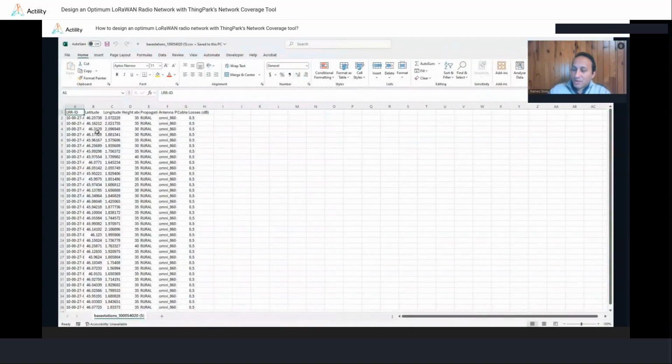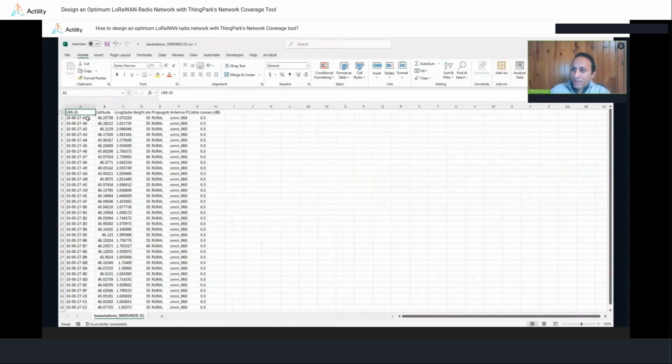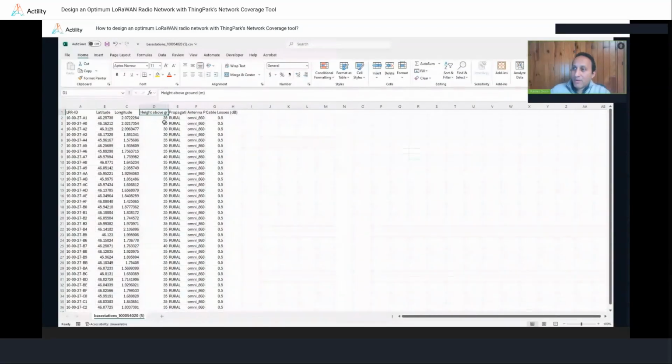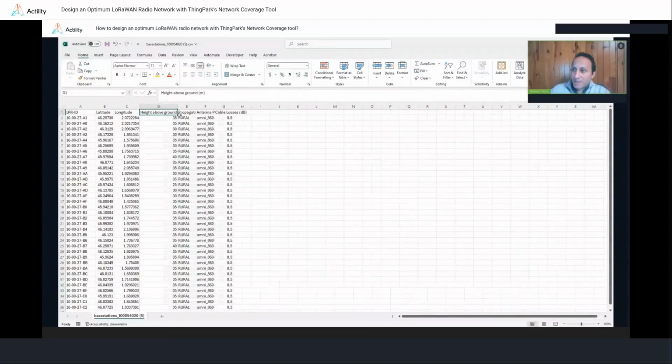So this is the structure of the CSV file that I open under Excel. You can see here that we have the LRR ID for each base station. If you don't have the LRR ID, it's just a unique ID that you need to set for every base station or every gateway. And then the coordinates of your gateways, so the latitude and longitude. And you have also the height above ground of each base station.